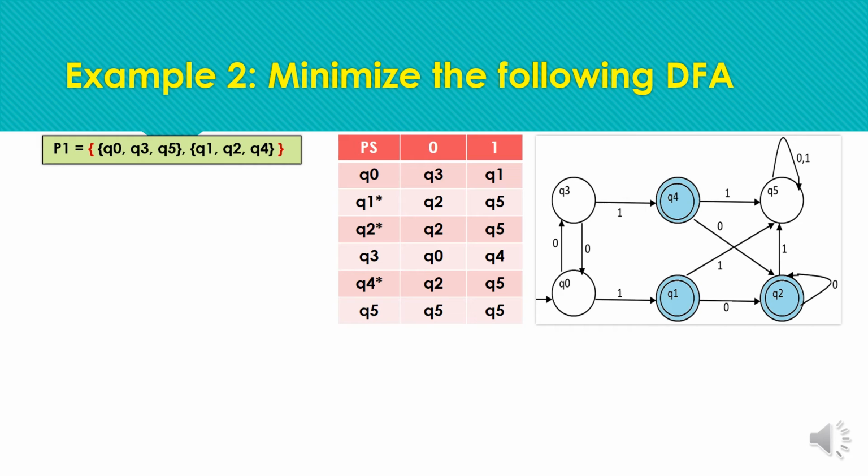In this question, from partition 1 we work on partition 2. For partition 2, repeating the same process as the last question, just write the first state as it is. Now we have to check the compatibility of the other states, meaning whether Q3 and Q5 can reside in the same group or not.